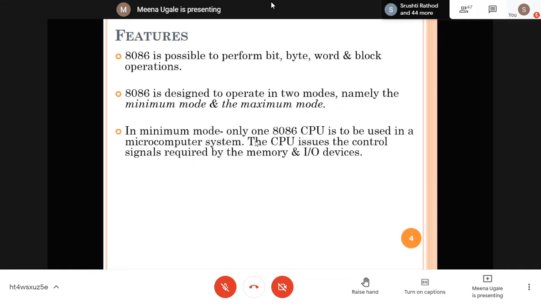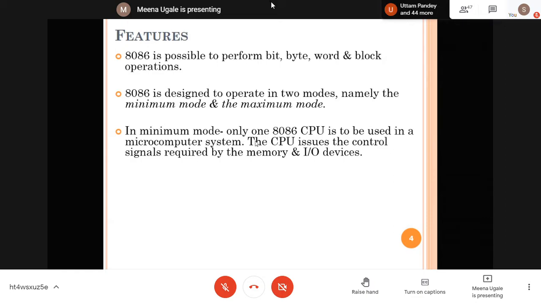The minimum mode itself is telling minimum, that means only one 8086 microprocessor is used in the microcomputer system. When you are going to design a system using 8086, if it is working in minimum mode, it means that there is only one microprocessor. There is only one 8086.